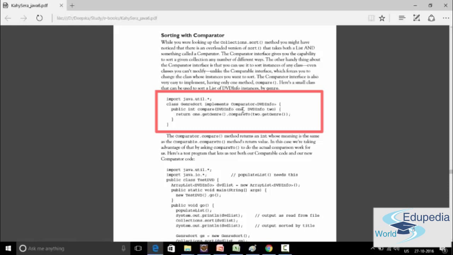So I am passing DVD info objects one and two, and I can compare them by genre. The comparator compare method returns an int whose meaning is the same as comparable, and the return value is also exactly the same. In this case, we are taking advantage of that by asking compare to do the actual comparison work for us.